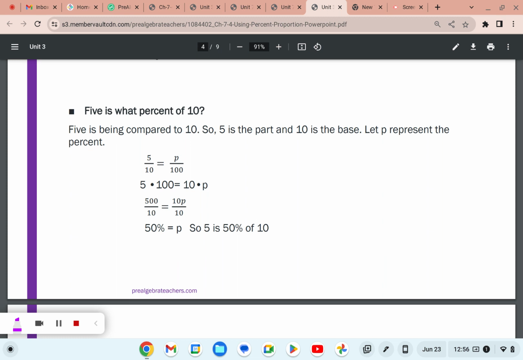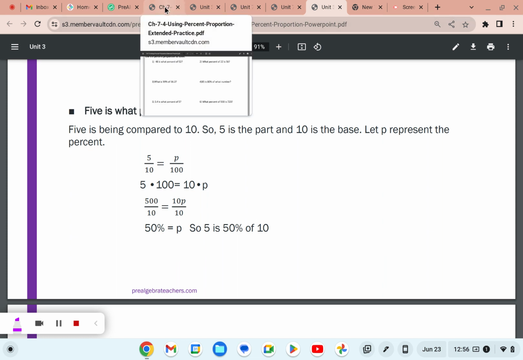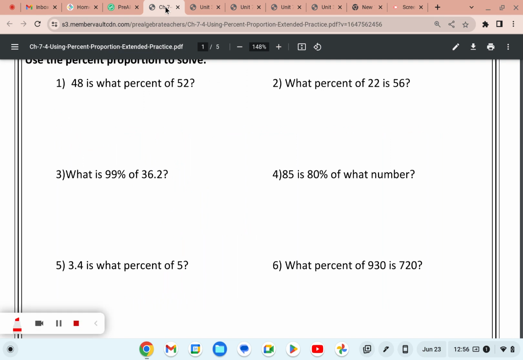And then if I convert that into a percentage, I will have 50%, which is exactly the percent 5 is of 10. So, yes, we are going to talk about using the percent proportion, but what I don't want is for you to lose your sense and knowledge when it comes to working with numbers that you know. So, for example,